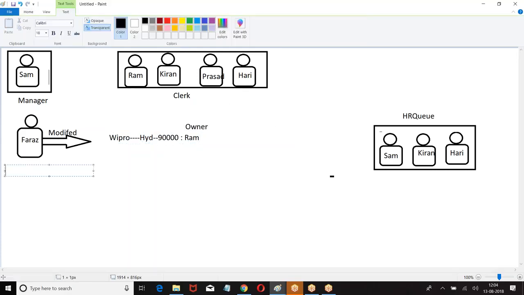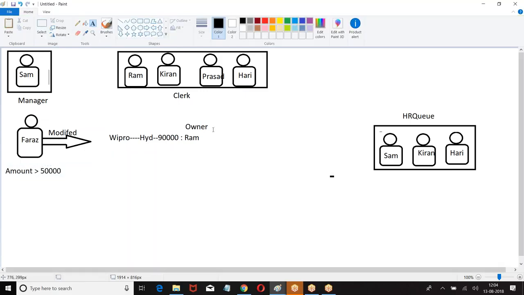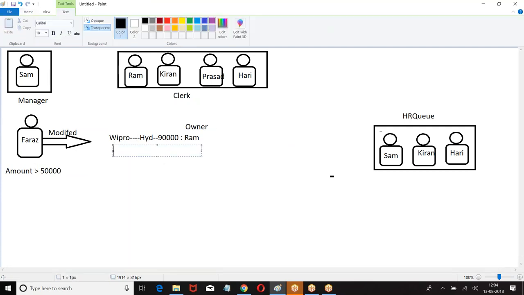Right. What is the rule we have? Amount greater than 5,000. Who modified the record? Faraz. Now I told, when a record is modified, assign the task to